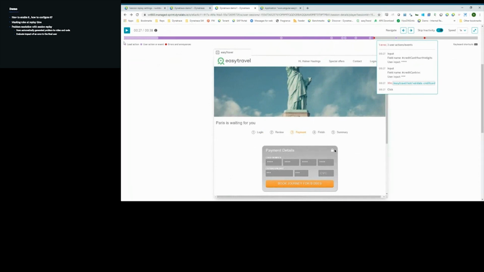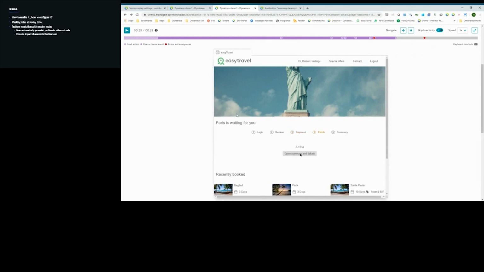So if you watch, what happens here is when the user goes to purchase this, notice also this information is all obfuscated. When they purchase this, we want to know, did that JavaScript error actually impact the user? Now, what they should have seen here, and I'm going to pause it again, is some sort of summary that says, congratulations on your purchase. Click on Open Summary to view summary of your tickets. Well, instead, what we got was this E1234 obscure message that a developer knows what it is, but the end